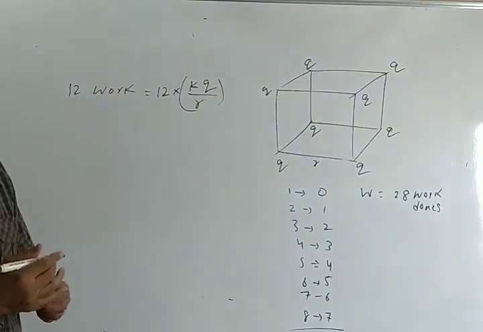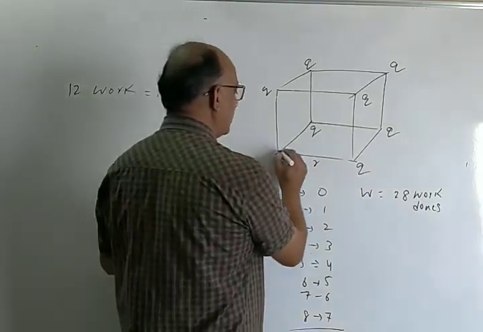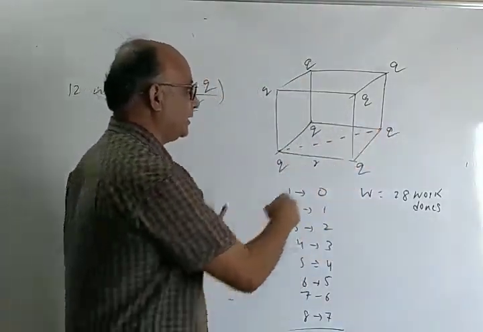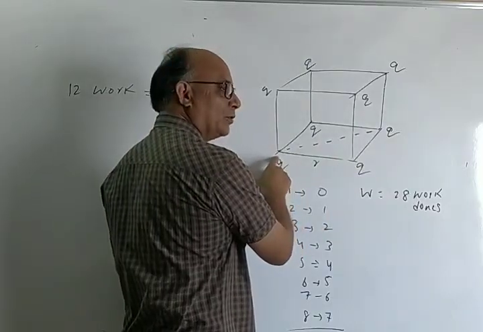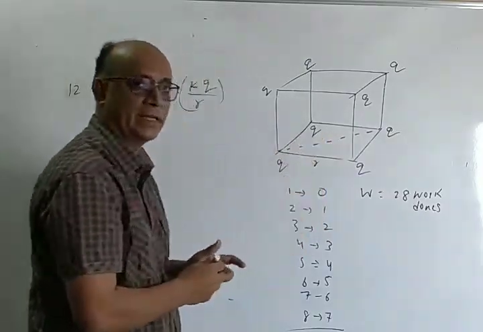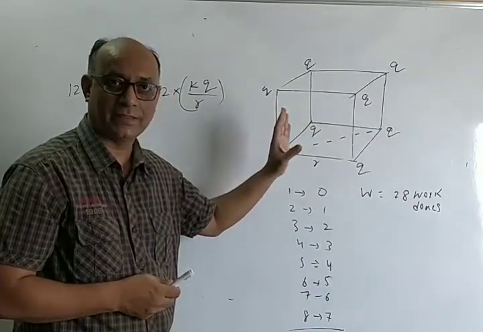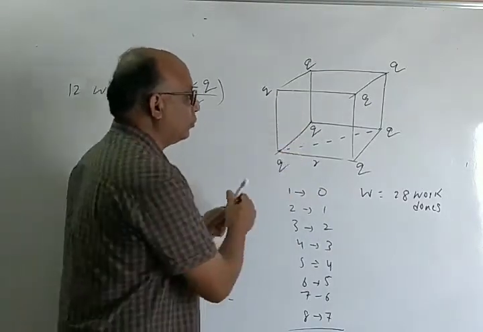Now there are different situations. Suppose this charge and this charge, you see the separation. When you bring this charge, work will be done due to this also. So how many such distances are there? How many faces are there for a cube? A total of 6 faces. In each face, you will see there will be two diagonals.